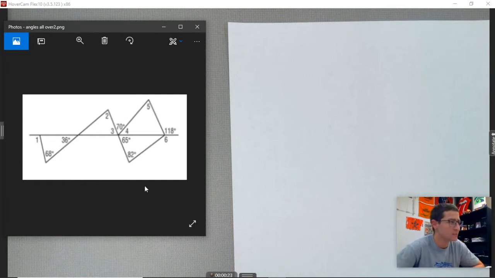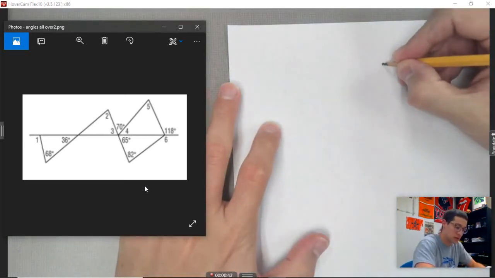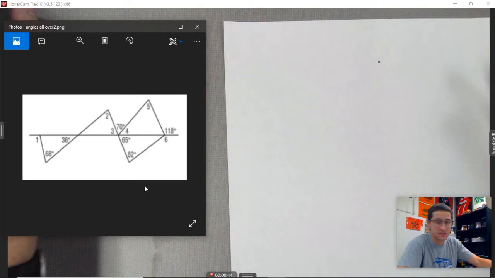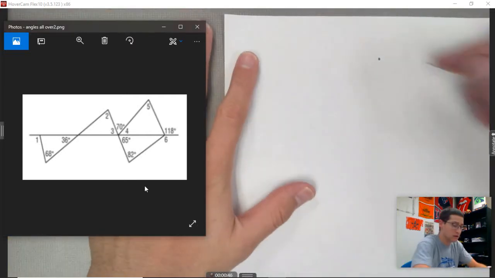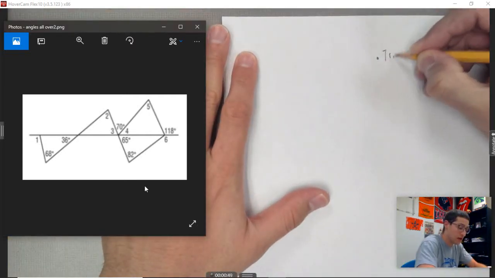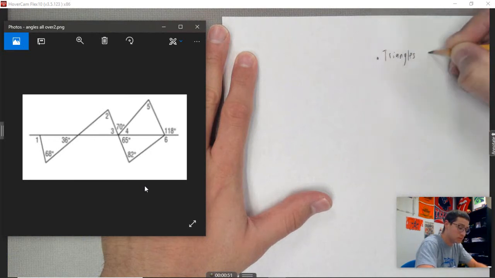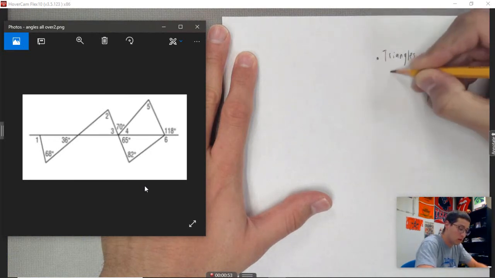Okay, so when I see this type of problem, where you've got angles all over, some filled in, some not, a little bit funky with how it's set up, first of all, I just want to talk about how I would approach this. Okay, so we know a few things about lines and angles and triangles now. The first piece that you'll probably use a lot here is the fact that triangle angles add